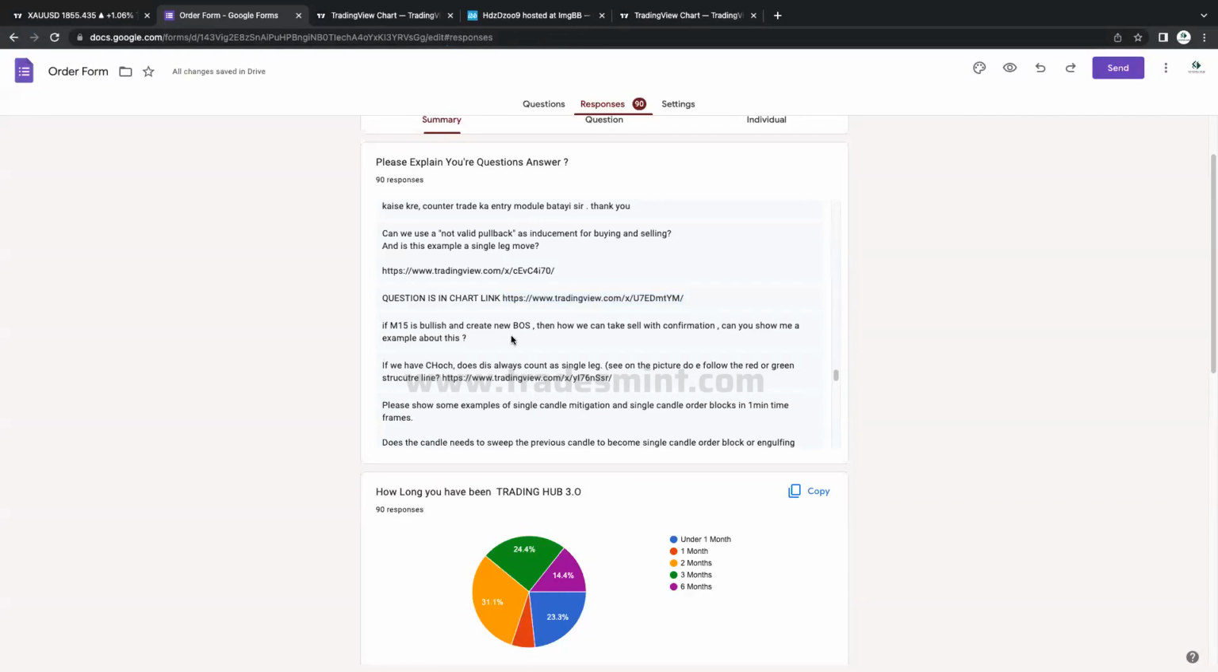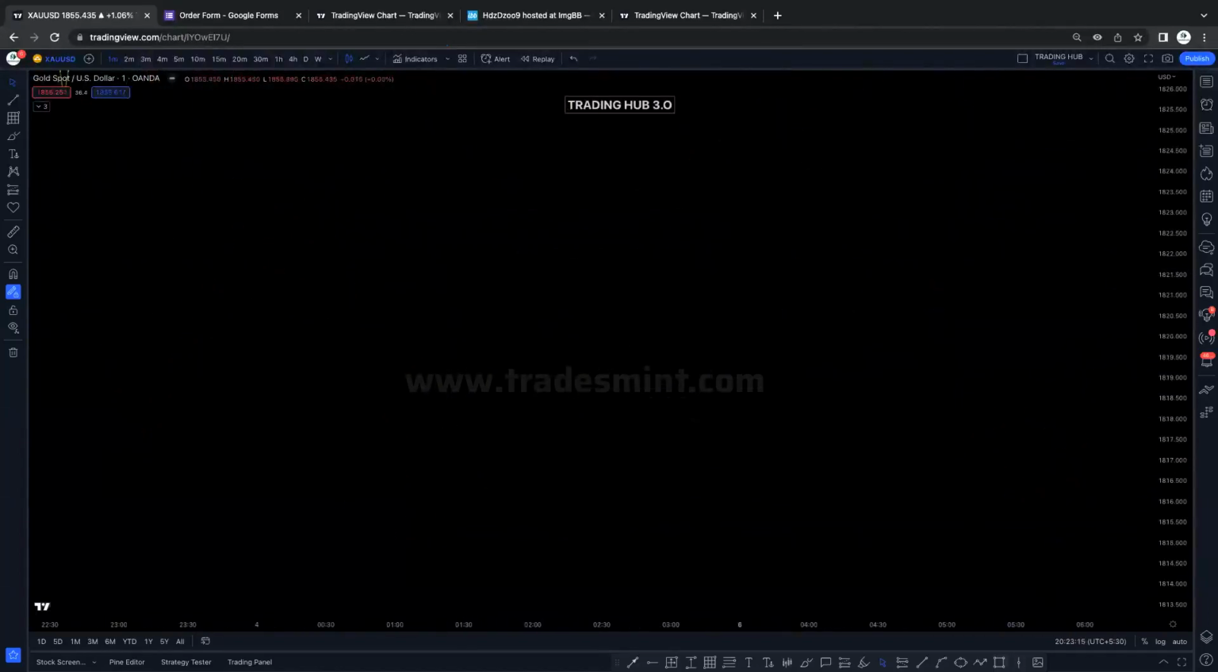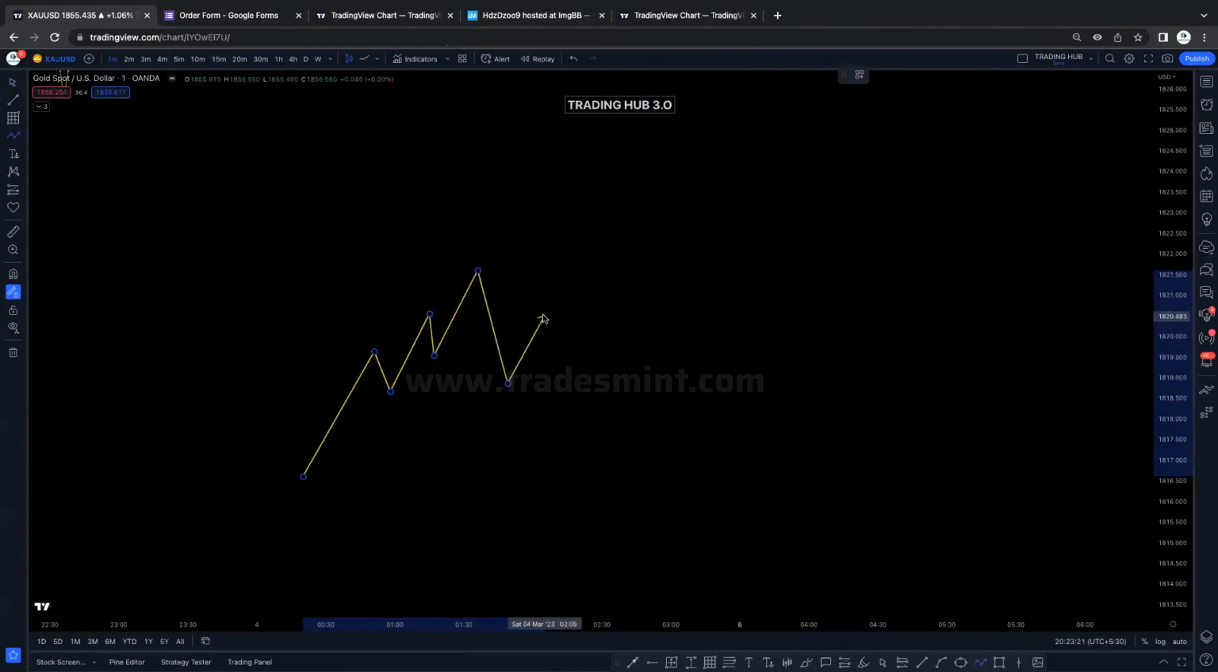If the 15 minute is in a pullback and creates a new break of structure, how can we take a sell after confirmation? Can you show me an example? Sir, if the 15 minute is in a pullback, then why are you looking for the sell? You have to wait for at least the inducement to fail before the sell, right? For example, if the market is in a pullback, taken out the inducement and again